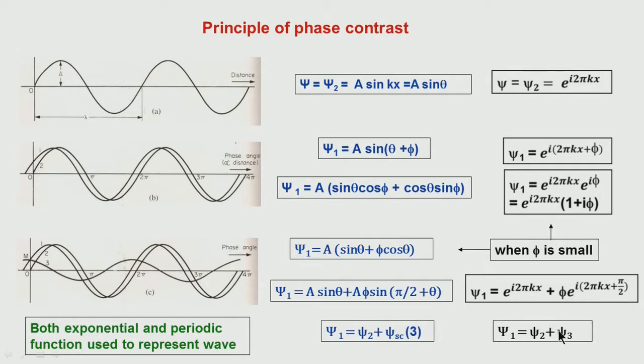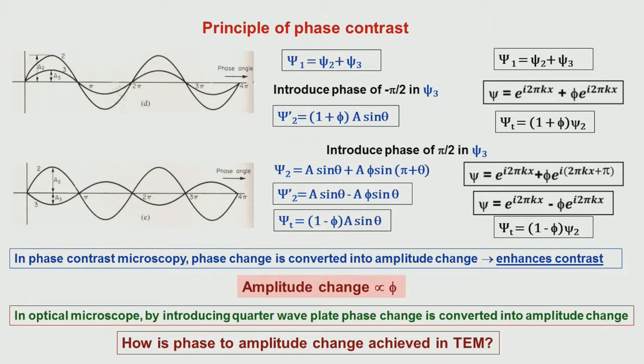That is what is written, both in the exponential form or using a periodic function like sin theta. But what we have to see is what the intensity is. Intensity is psi star psi. When we take this, the phase vanishes and only the amplitude factor comes. So we do not get any information about the phase as such.